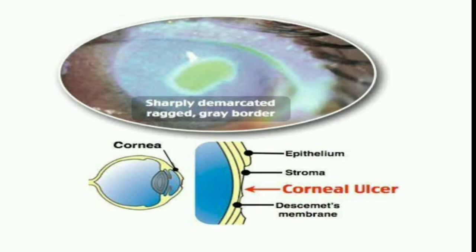So we know that in cornea we have 5 layers: epithelium, Bowman's membrane, corneal stroma, Descemet's membrane and endothelium. So there is a break in the corneal epithelium, and later for example if there is a foreign body enter, then that can slough off the epithelium, but it can get regenerated. The epithelium can grow back again. So that is just a corneal abrasion or erosion.